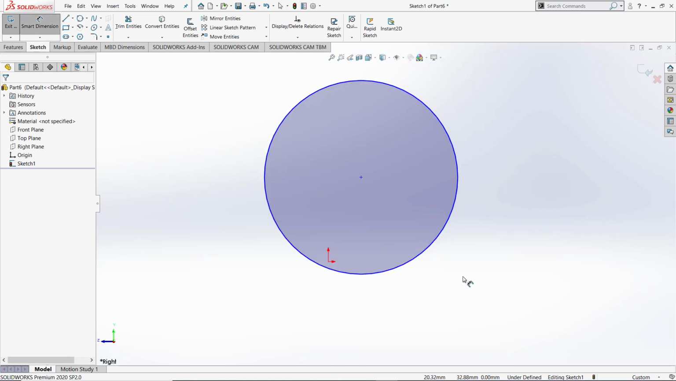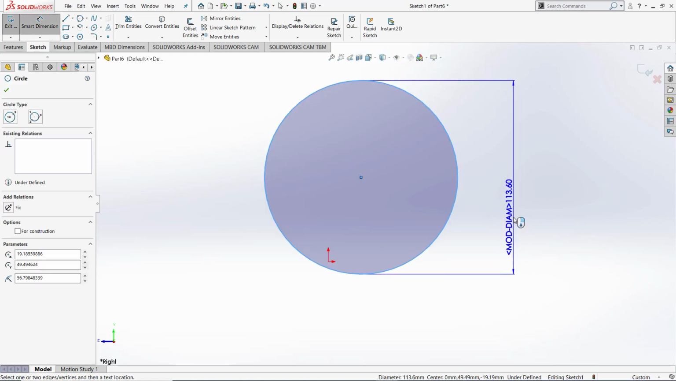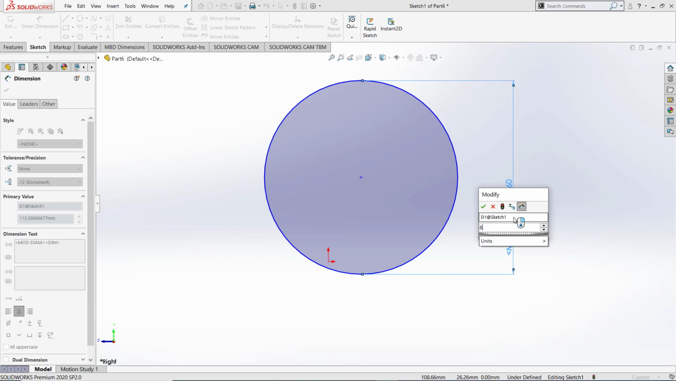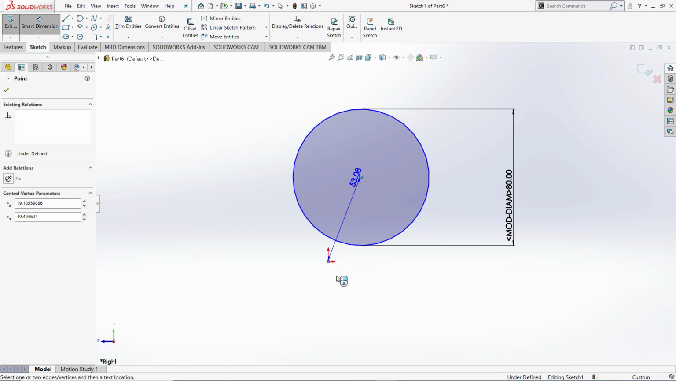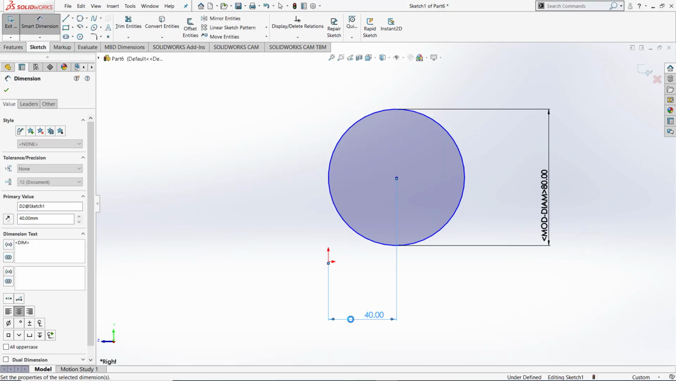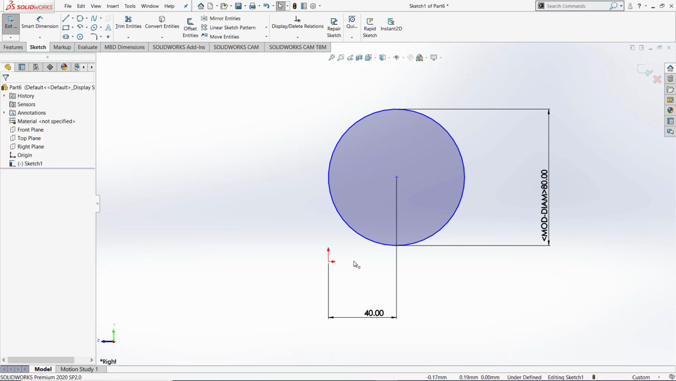Note that we can now smart dimension the circle, and let's go ahead and make it 80 in diameter. Once again, we can either move this, joining it to the 0, 0 point, or we are able to smart dimension it to have our sketch fully